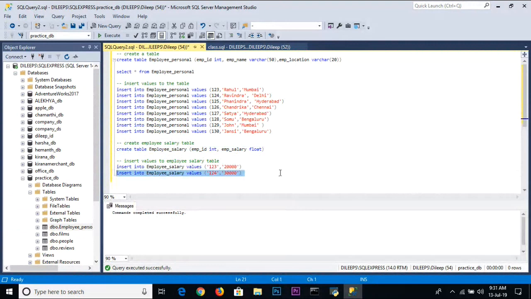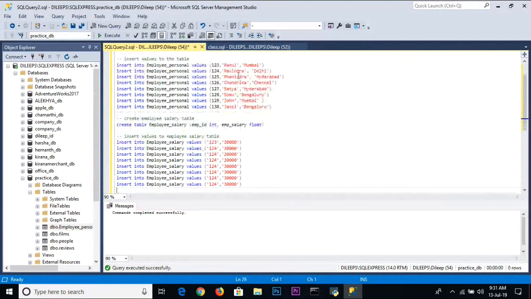Just copy. Just paste. So there are 3, 4, 5, 6, 7, 8 records. 1 to 4. So here 1 to 5, 1 to 6, 1 to 7,